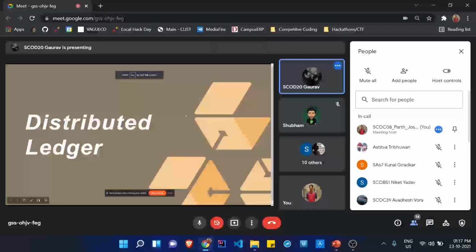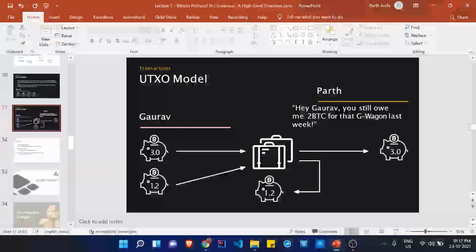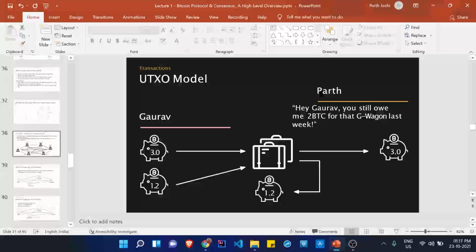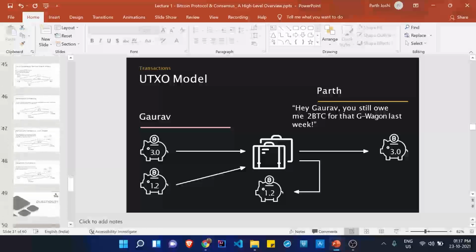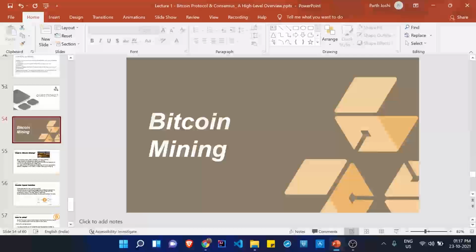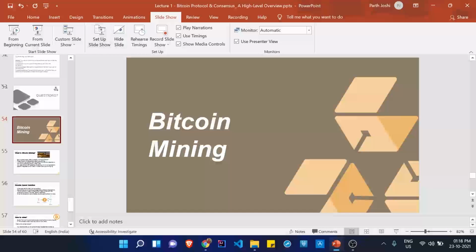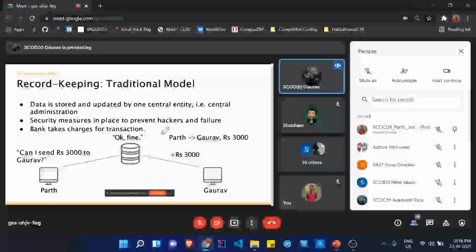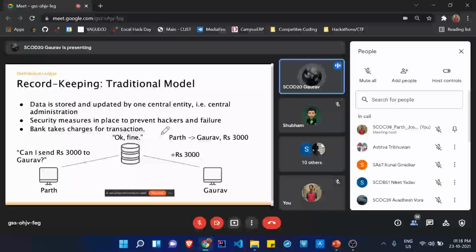Yes, it is. Okay, so let's discuss what distributed ledger is. Like identity, it is also a part of how Bitcoin functions. So let's see what is record keeping, what basically is a distributed ledger. So suppose, for example, Parth wants to send me, Gaurav, 3,000 rupees. He'll ask the bank to transfer the 3,000 rupees from his bank account to my bank account. So the bank will first verify if Parth has 3,000 rupees in his bank account, and if Parth has the money, then the bank will look and verify Gaurav's